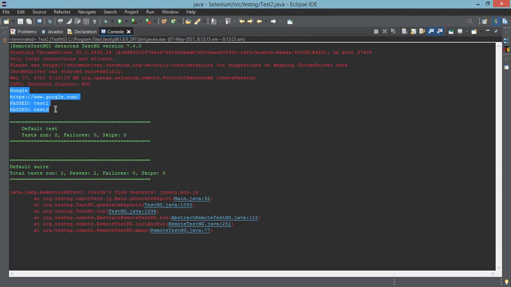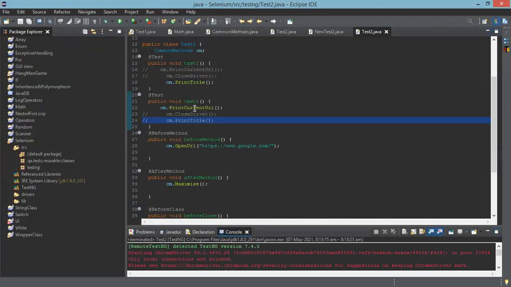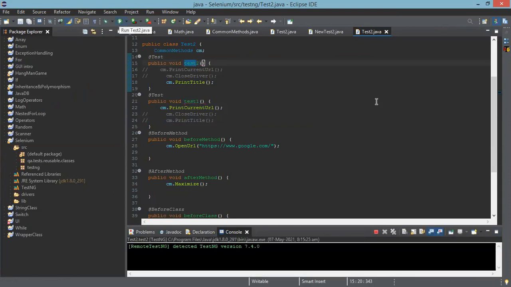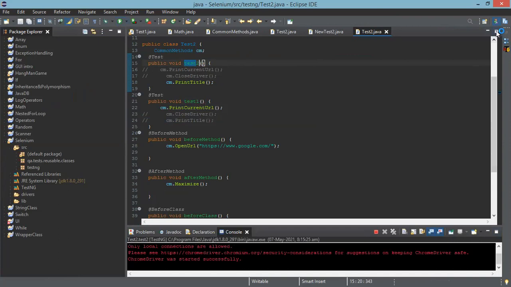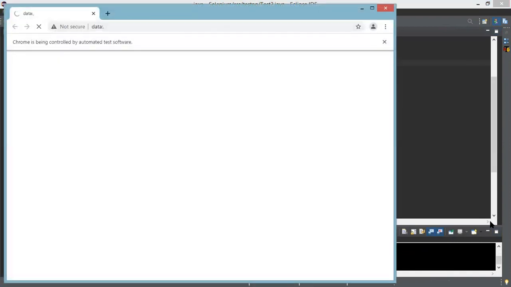So you can see the order is based on the test name you give, test 1 and test 2. If you change the order there in the test and execute again, then the URL will come first and the title second. You can check. It automatically detects the order: the alphabetical order of the test methods. But again, you can reorder them using different annotations that we have. We'll check them.